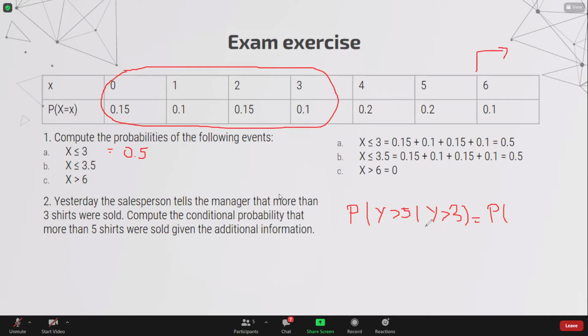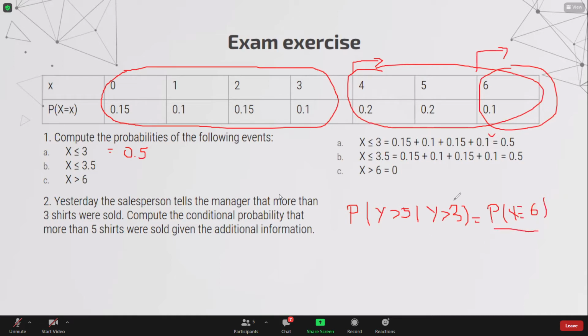If it has to be more than 3, it has to be from here on the right. So that part and that part. And we see that the intersection is where the 6 lies. So it has the probability of Y being equal to 6